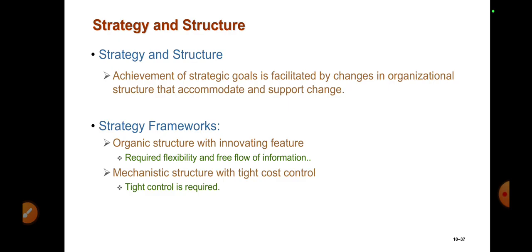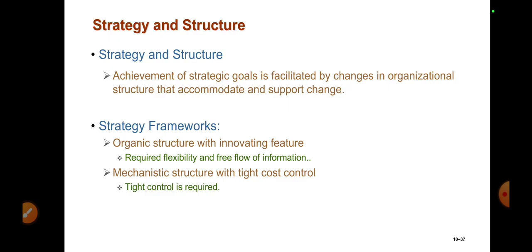If the company has a strategy to innovate new products or innovating features in nature, they have to follow the organic structure, because for innovating something they need something flexible, because they cannot fix something beforehand. Innovation may come suddenly, or it may take a long time. So that requires a flow of information from different angles. So the organic structure will be helpful for organizations to do something irregular